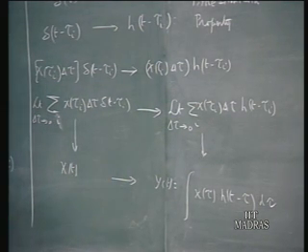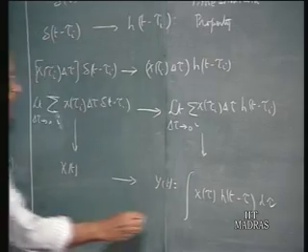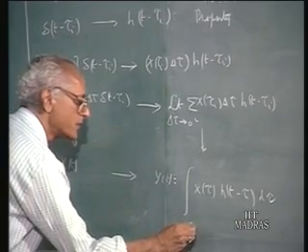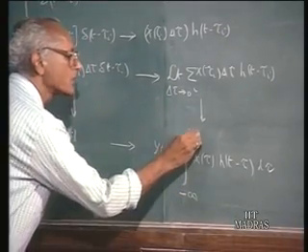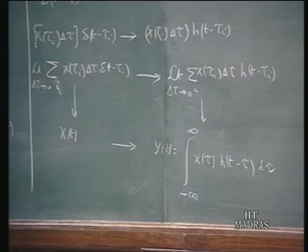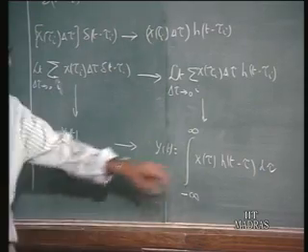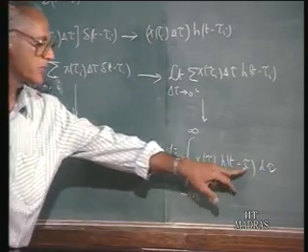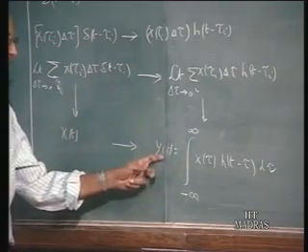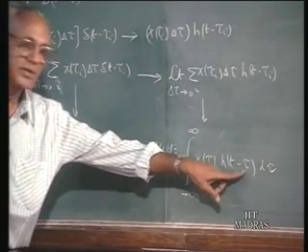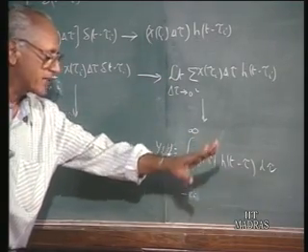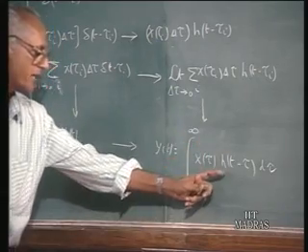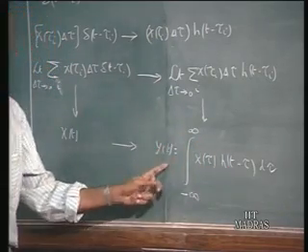In the most general case, this integration must last from minus infinity to plus infinity, but in the more usual cases the limits can be further restricted, as we will see at a later point of time. So in other words, given any input x of t, the output can be obtained as x tau h of t minus tau integrated between minus infinity and plus infinity. This is a function of time. Tau is the variable of integration that gets cancelled out. The final result will be a function of time. So this t stays, and that is your y of t.